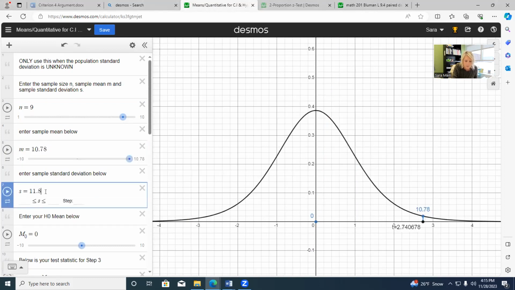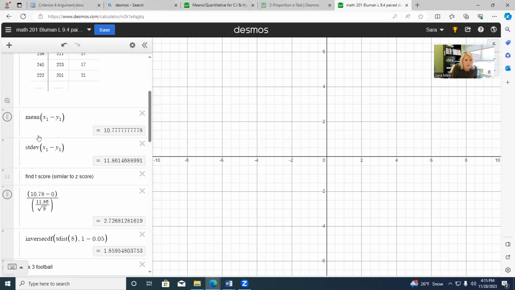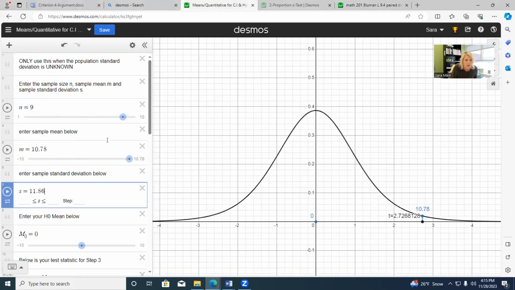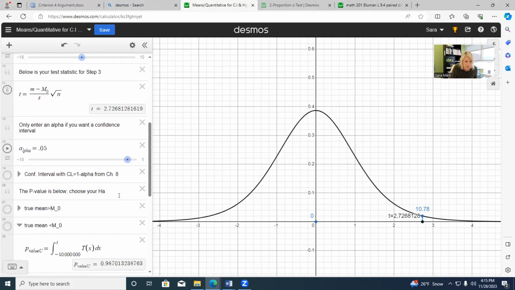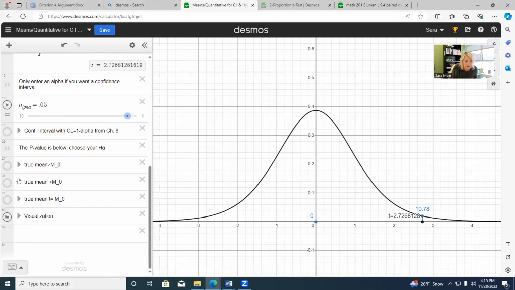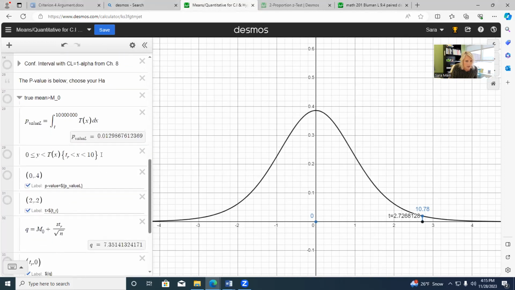This is 11.86 over here, and then we're testing against 0, and then that validates our T0, 2.7268, and then we're testing a greater than this time, and so there's our p-value,